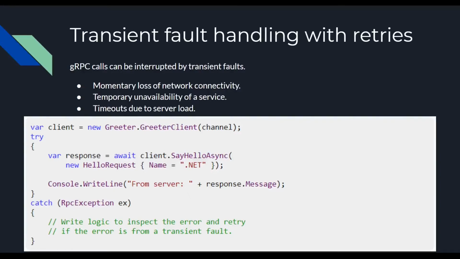So if we see in this particular case, the greeter client, whenever it's trying to call the RPC, which is SayHelloAsync, in case the gRPC call is interrupted, it will throw an RPC exception, which will be caught. And in this particular case, all the details about the error can be captured from this block of code. The client app must catch the exception and choose how to handle the error. So the client can always choose how to handle this particular exception.